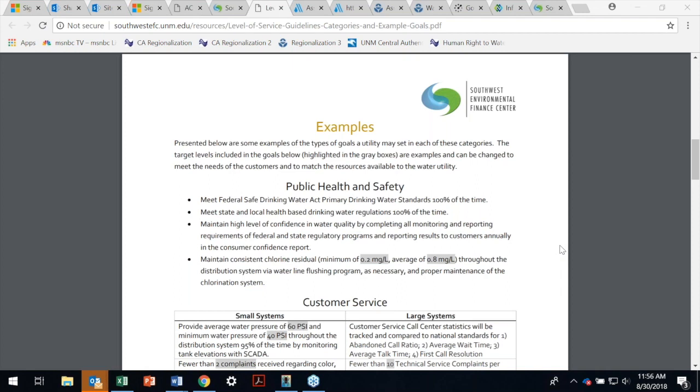Some of those are easy to think about in money terms, like the financial: how much does it cost me to make a repair, or how much did I get sued for from a customer because I damaged their property. Others are a lot harder to monetize, like what's the damage to the environment costing me? If a fish dies because I discharge chlorinated water into a stream, what is the monetary cost of that? Or if somebody got sick, what is the monetary cost associated with that? I think this person asking the question is getting at, how do you evaluate things that are financial and things that are not when you're thinking about these triple bottom line issues?